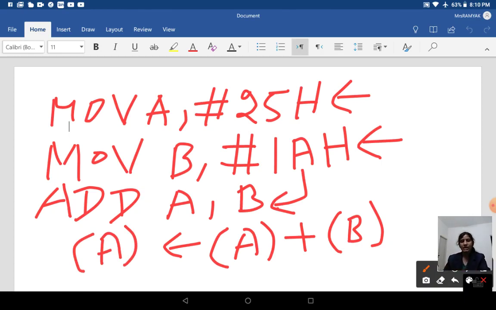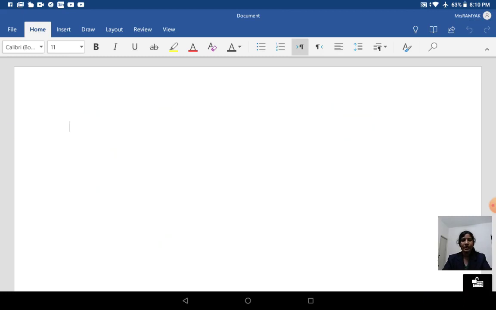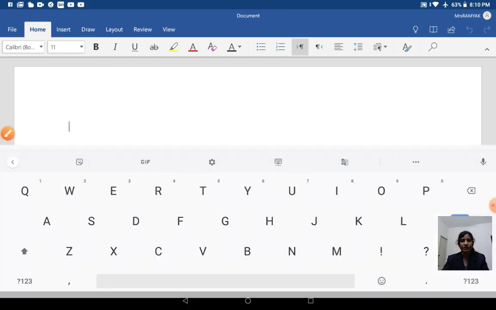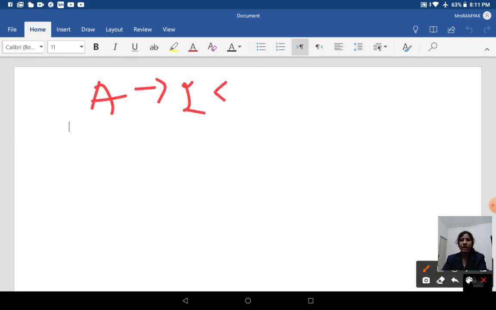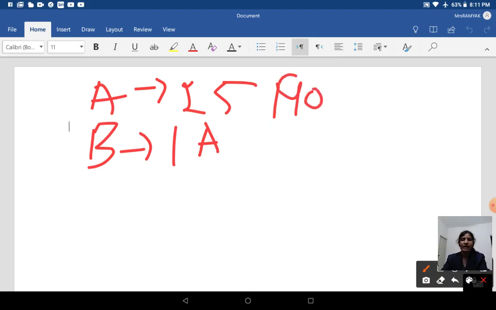The accumulator content is 25, and what is the content of B register? It is 1A.